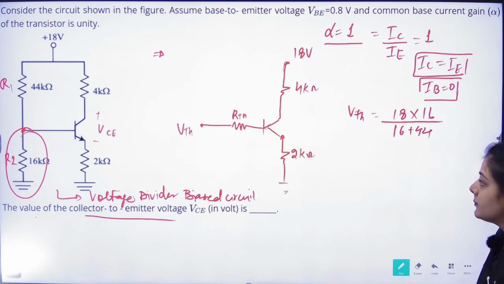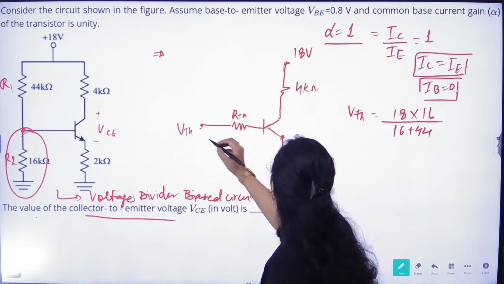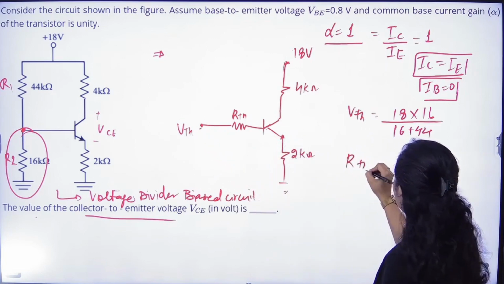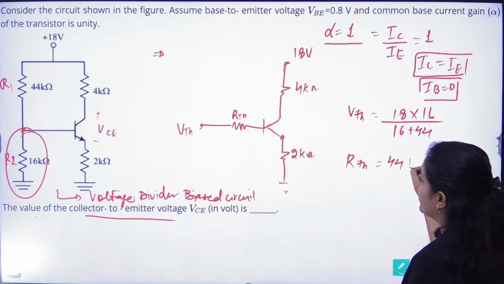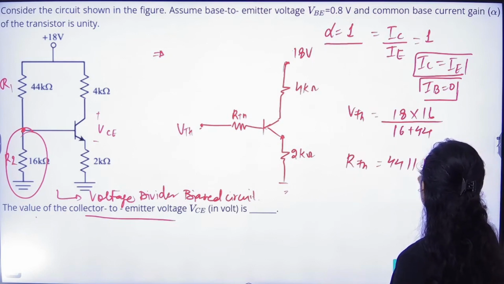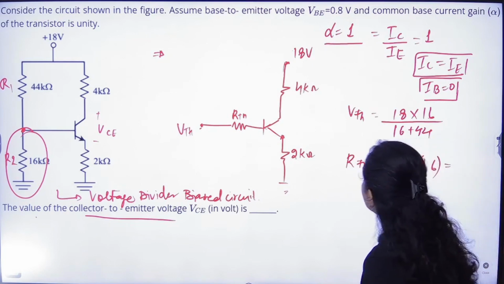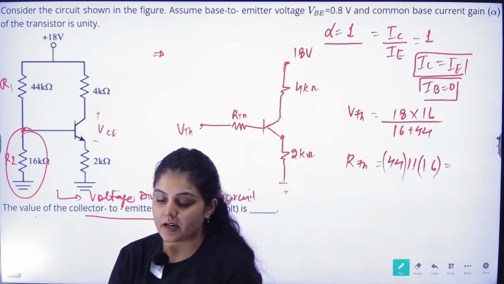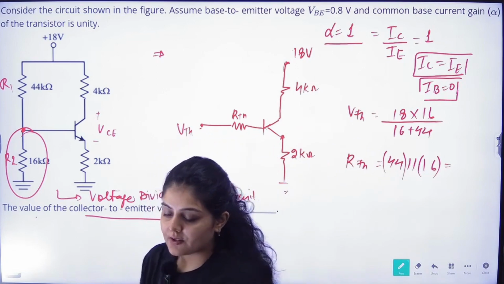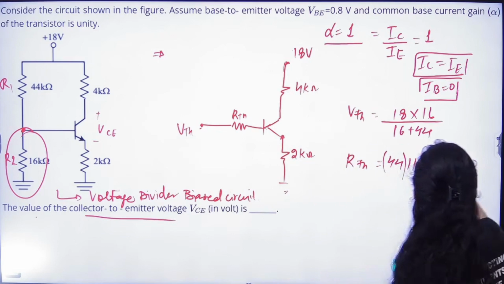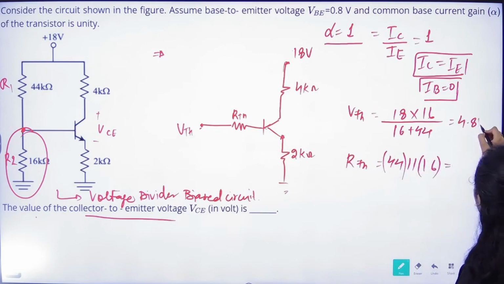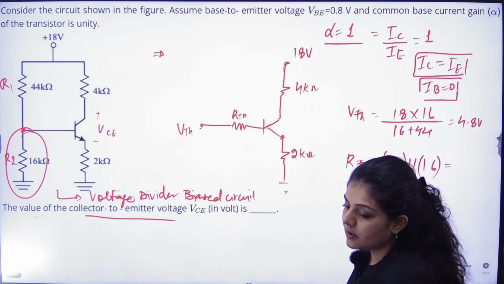That will be the VTH, and RTH is equal to 44 in parallel with 16. So this is how we can find out the value of VTH and RTH. VTH will be equal to 4.8 volts, and RTH will be equal to,